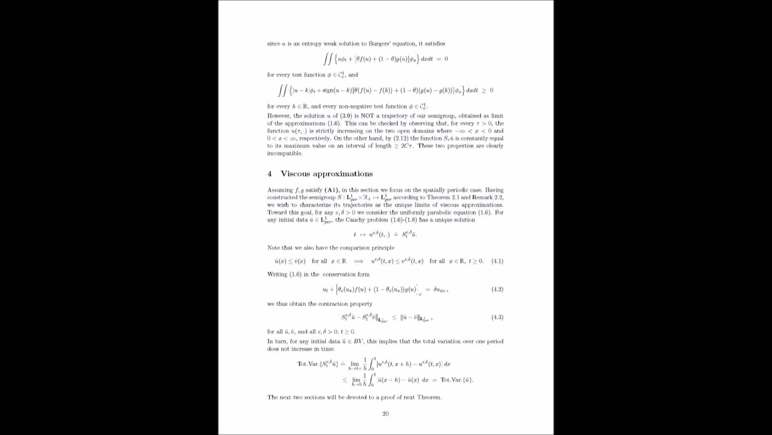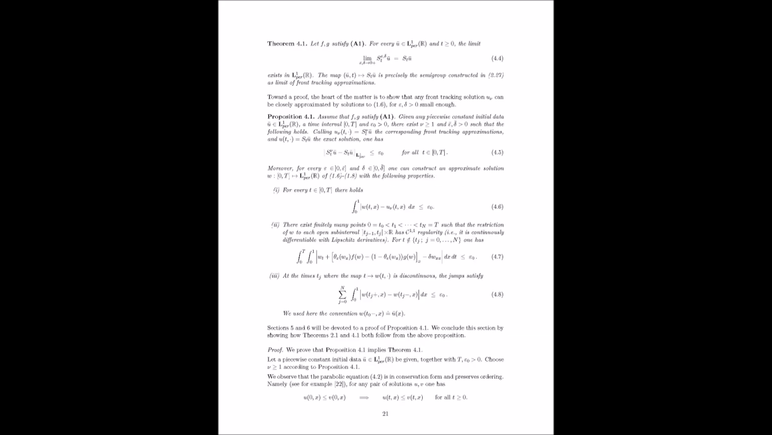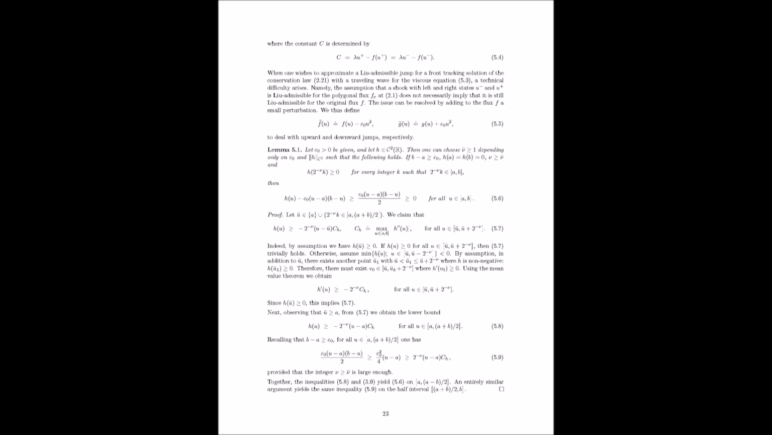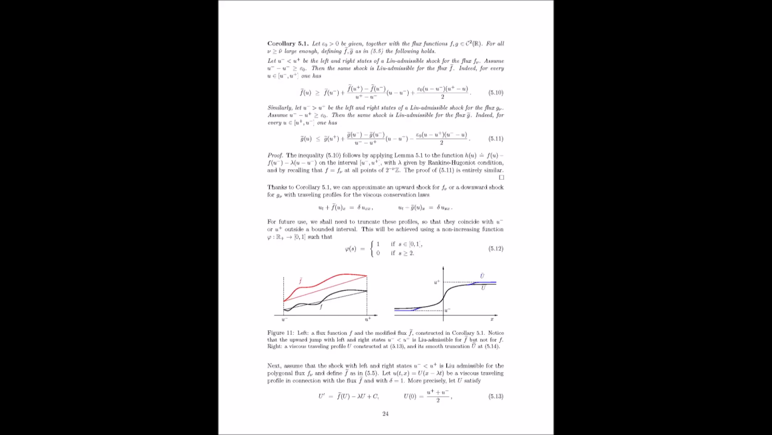All right. And they note that for any initial data in L1 per R, the Cauchy problem for this equation has a unique solution. So adding viscosity ensures the existence of a well-behaved, smooth solution. Exactly. Okay. And they emphasize that the comparison principle, which we discussed earlier, still holds in this viscous setting. So if one initial condition is less than or equal to another, the corresponding viscous solutions maintain that ordering for